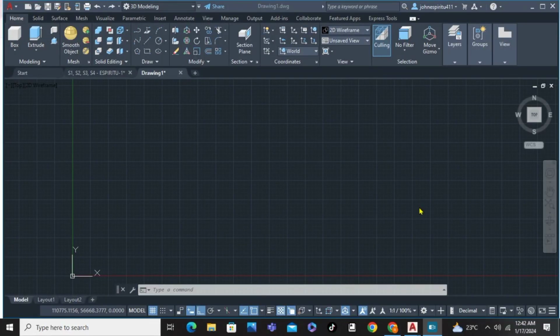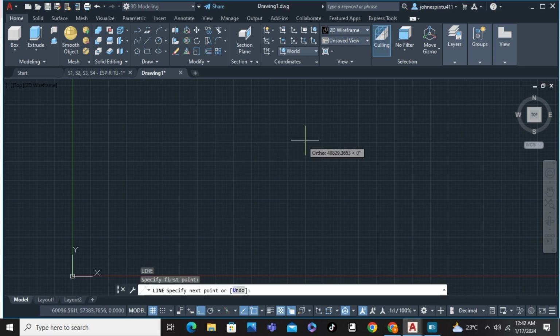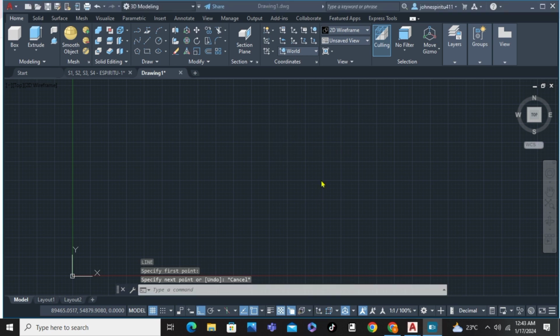In this video, I'm going to show you how to turn on dynamic input in AutoCAD. As you can see here first, we're just going to type here the word line. And you can see here, we just have also a plain line wherein you can't edit the exact dimensions. Unlike if you're going to turn on the dynamic, just simply